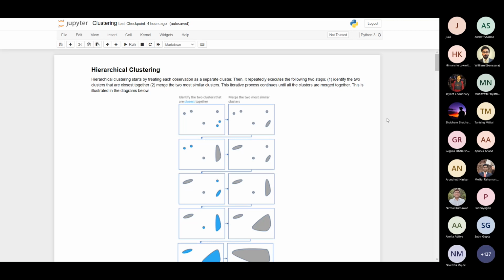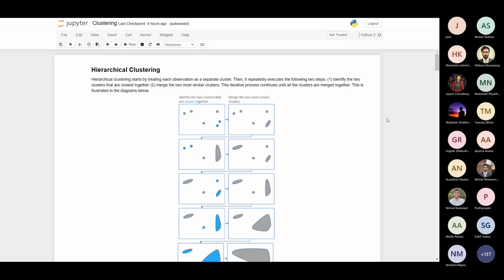So, today we will talk about hierarchical clustering and spectral clustering and the application of spectral clustering. I will cover two topics: hierarchical clustering and spectral clustering. In hierarchical clustering, I will cover single linkage clustering and complete linkage clustering. The other things will be covered by Ashraf after me. So we'll start with hierarchical clustering.